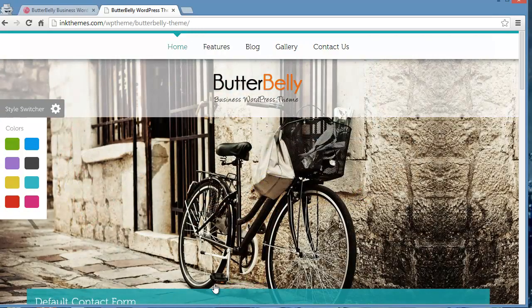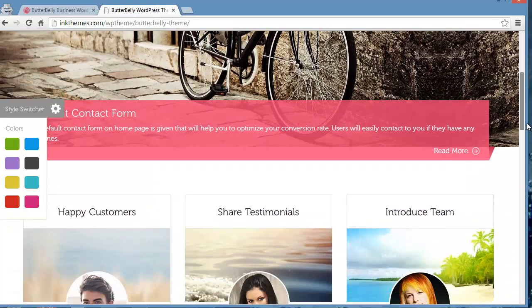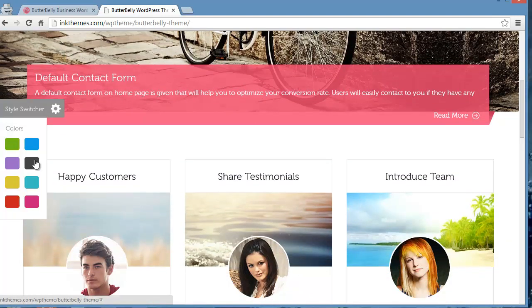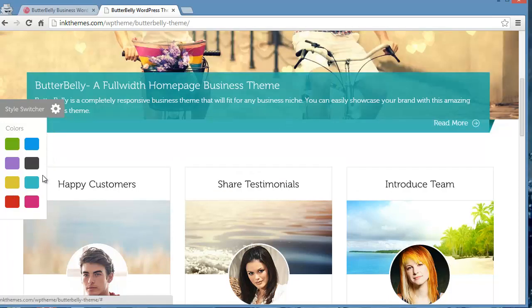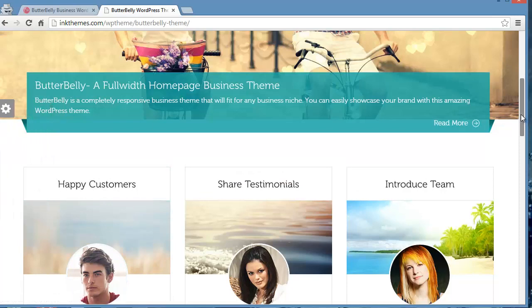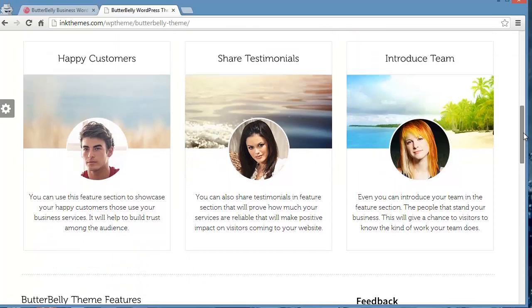So if you're not happy with this color, you can go ahead with these different colors. Let me show you. You can see, I've got this another color, I guess it's gray, orange, red. Okay, that's good. So these are the different color options that you have to style your website, so you can go ahead with any of the colors which you like.